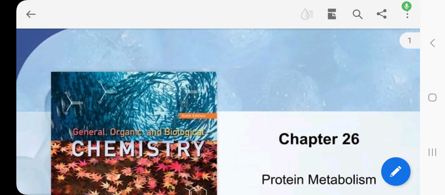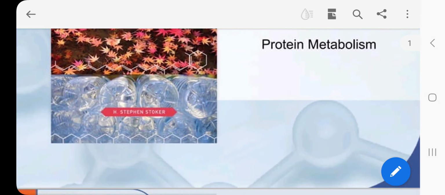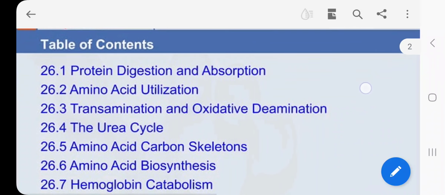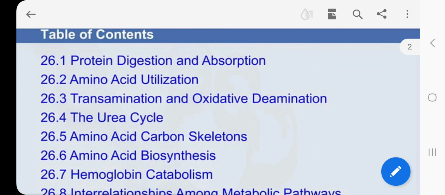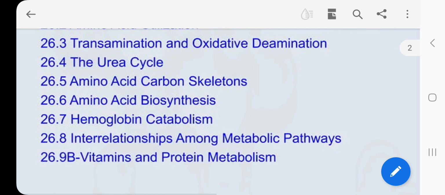So this is your handout for protein metabolism. Protein metabolism includes protein digestion and absorption, amino acid utilization, transamination and oxidative deamination, the urea cycle, which was given on a separate lecture, amino acid carbon skeletons, amino acid biosynthesis, hemoglobin catabolism, interrelationship among metabolic pathways, and lastly,